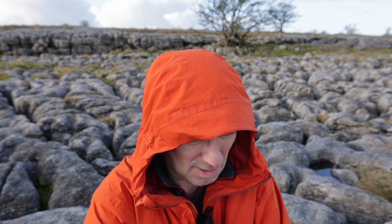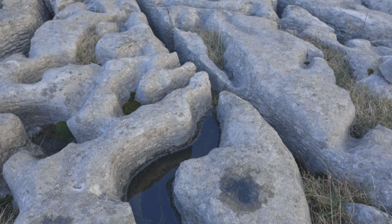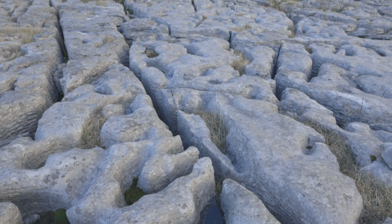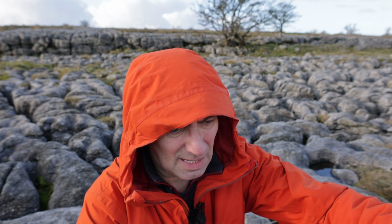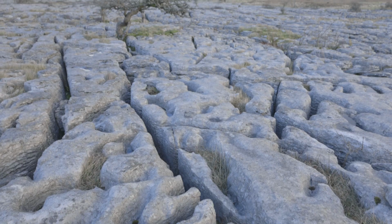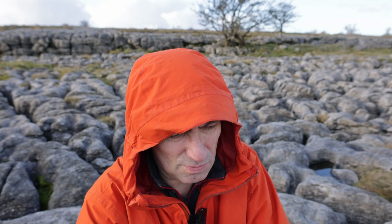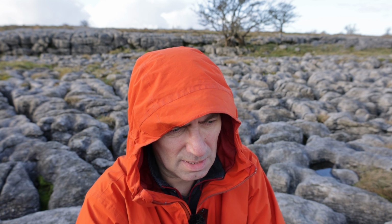I'm in limestone country, Yorkshire Dales, limestone country. There's some wonderful patterns, really beautiful, and it's a result of time itself. Basically, there's clints and grikes. Grikes are basically the fissures, the gaps which the acid rain has eroded the limestone, and it's formed some wonderful